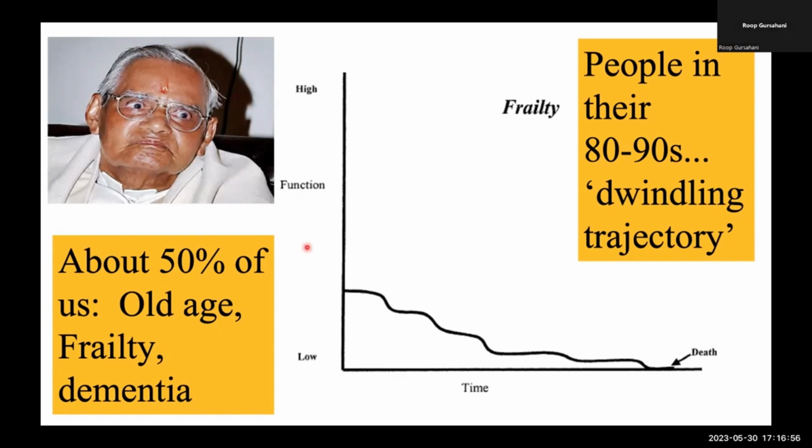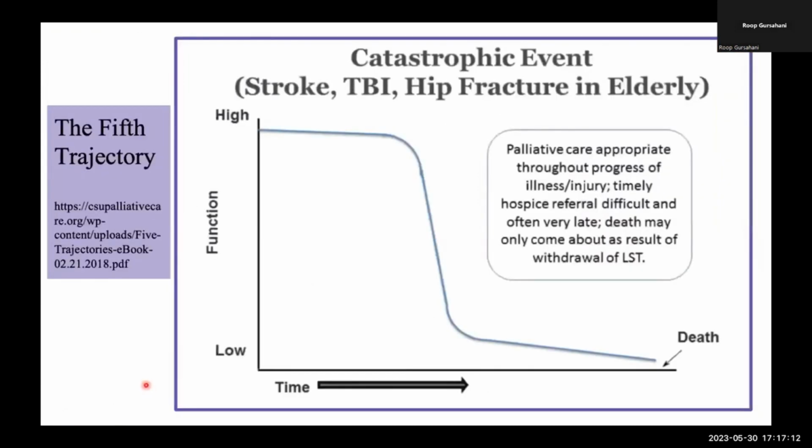So, of course, for instance, one of the pictures here is that of Atal Bihari Vajpayee. And if you remember, after he lost the election in 2004, we heard nothing from him until he passed away in 2008. There is yet another trajectory that has now been identified, and that is called the catastrophic event or